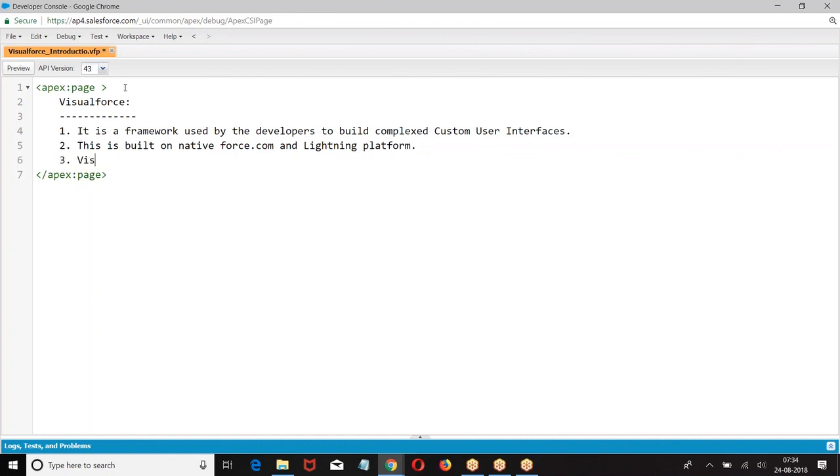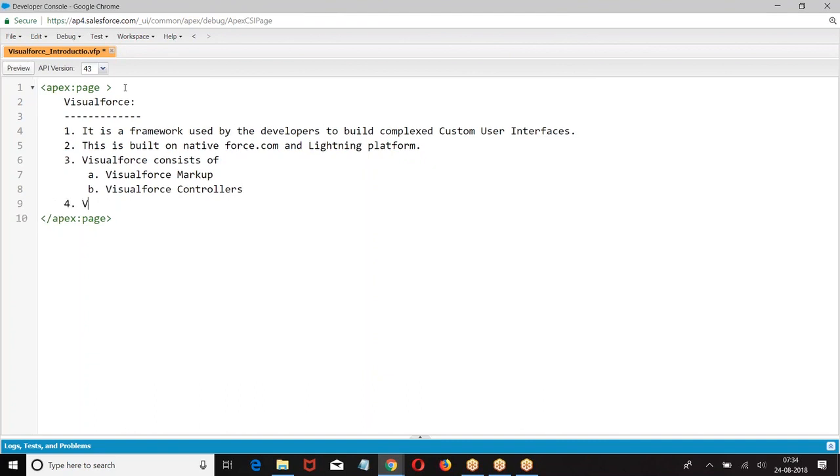Visual Force consists of what? Consists of Visual Force markup and controllers. Visual Force consists of Visual Force markup and Visual Force controllers.